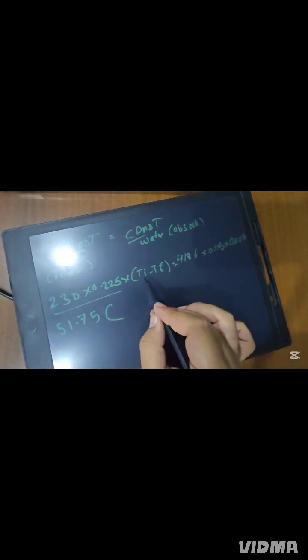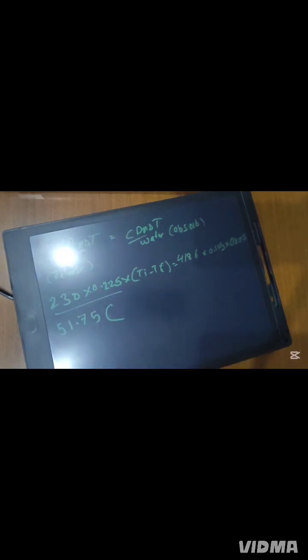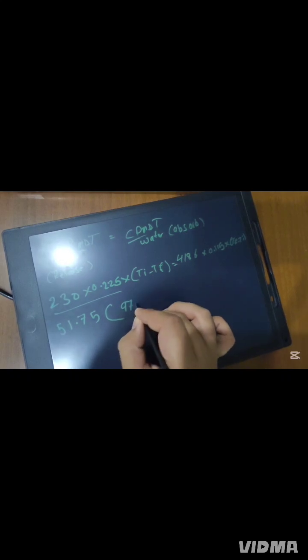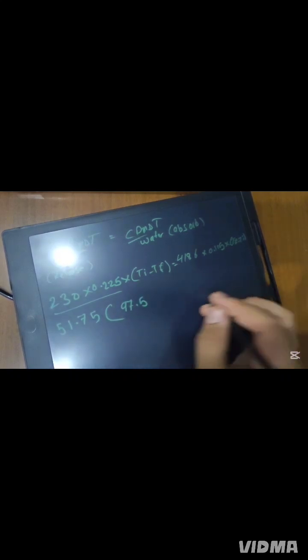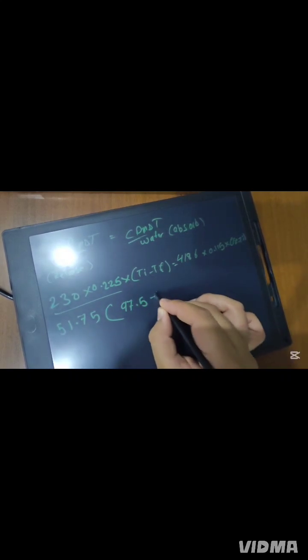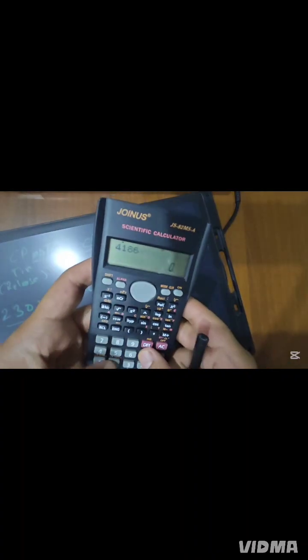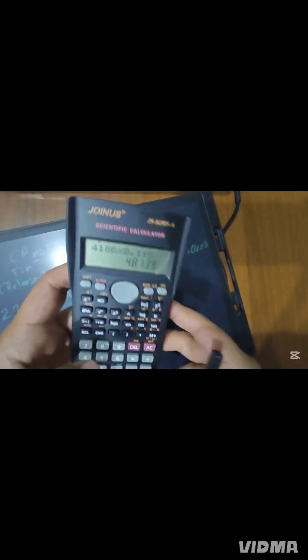Bring down this bracket. What was the value of the initial temperature of this object, Ti? Ti was 97.5. So instead of Ti, write down 97.5. Tf is the unknown value. You have to find Tf. Bring down again Tf equal. Now we have to rearrange the right side too. Multiply these two numbers: 4,806 times 0.115. The answer